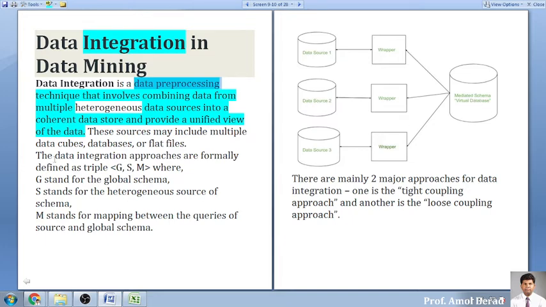Okay. Now this source may include multiple data cubes. Again I am telling, these are multiple cubes, these are data servers. Multiple cubes and databases. So we call this box a wrapper, we call this a cube. Now this cube is connected to the databases, or sometimes it might be flat files also. So these are the multiple things, and the data integration approach is formally defined as a triple